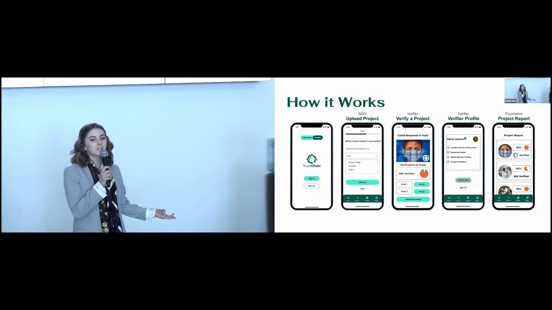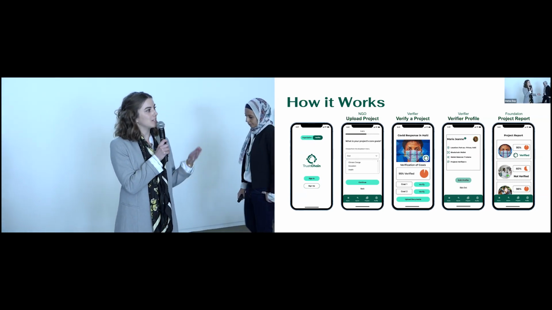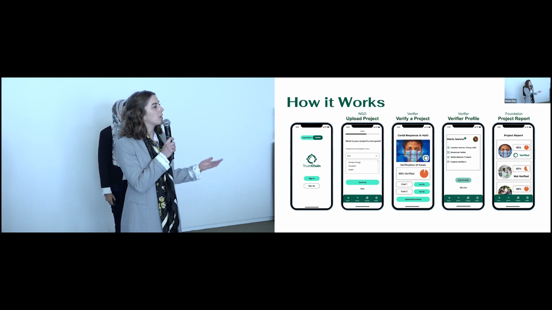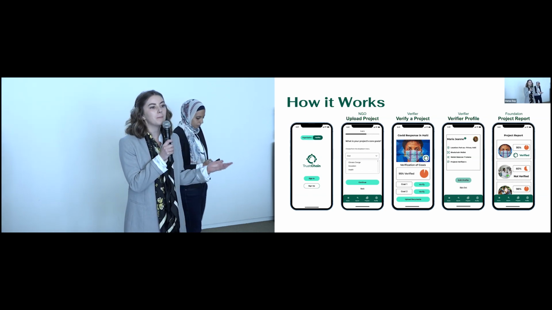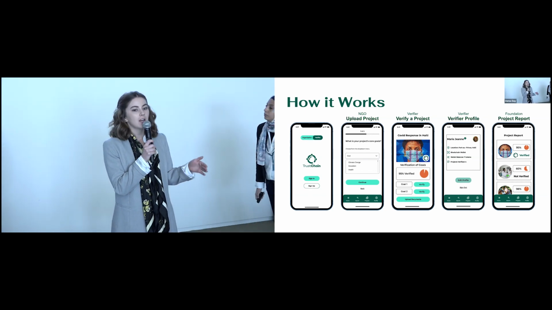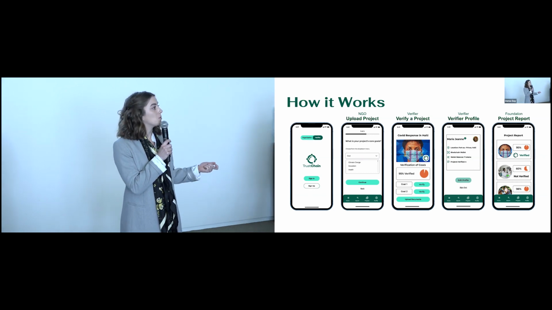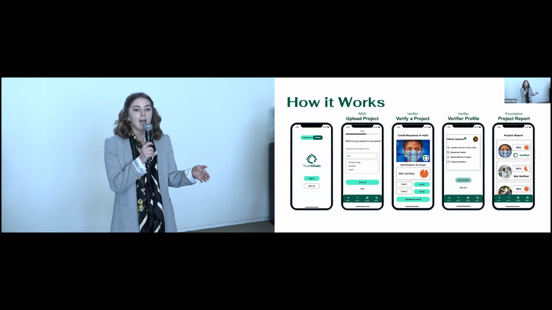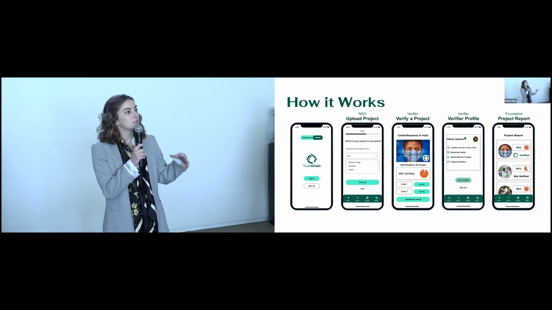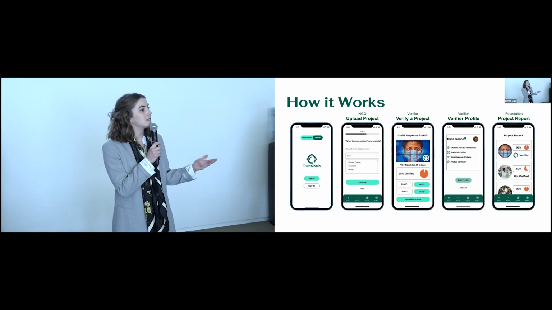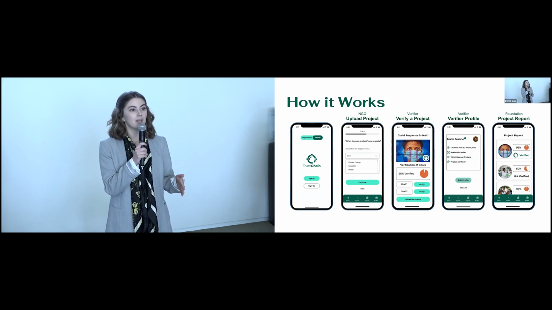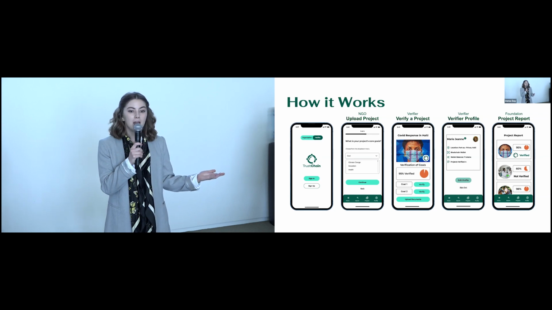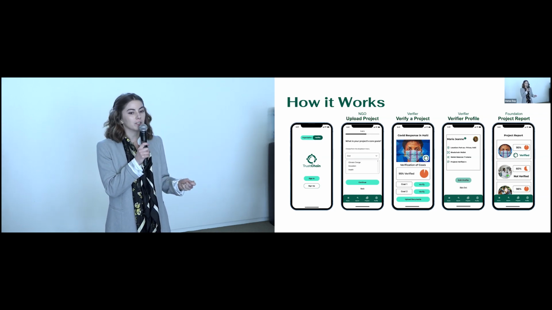Okay, so how does this work exactly? First, NGOs go onto the platform, they upload their project with the goals, the location, the cost, and also the impact metrics. And then verifiers go on and verify these goals. They take documents and upload documents and photos, and then the verifier can have the profile that shows how many projects they've verified to increase credibility. After that, foundations can also go on and they can see the project platform and receive project reports.